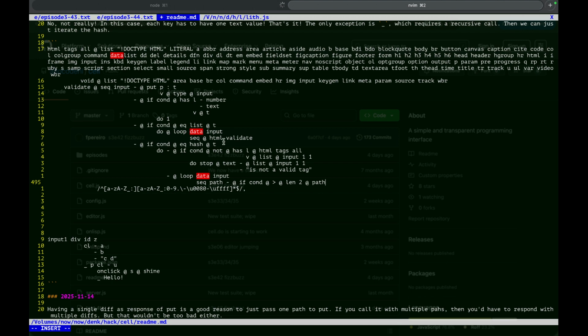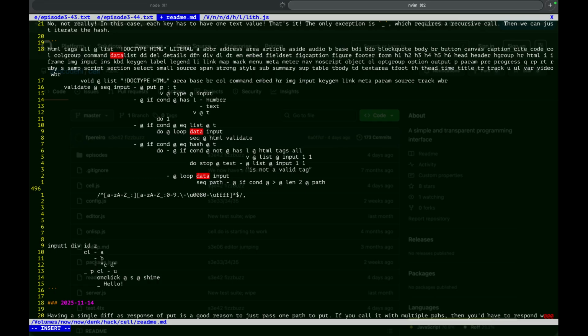I'm using the notion of putting the reference to the right. Something like this. If the condition, then it would be stop, it would be